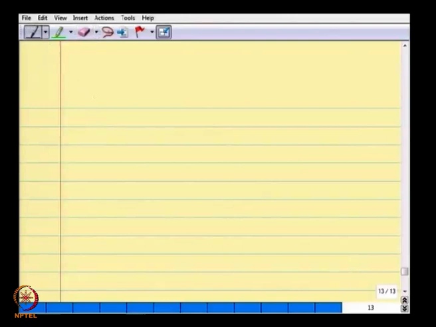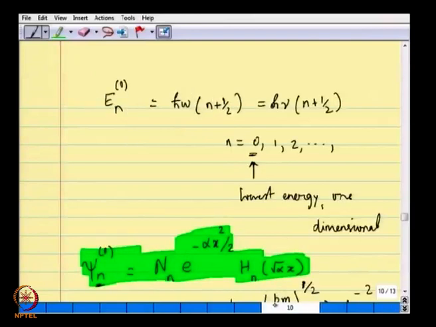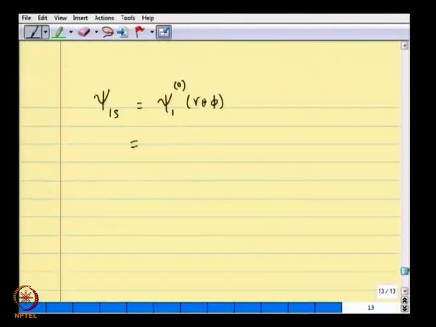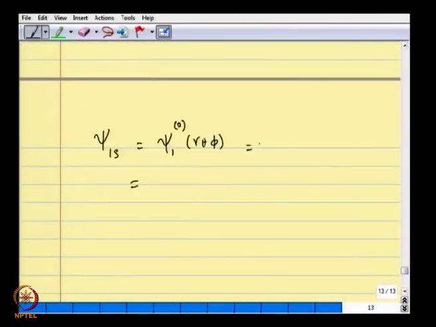The 1s wave function, psi 1s, which is psi 10 of r, theta, phi, is given by the general formula: R10, the Laguerre polynomial to first order, and the spherical harmonic,